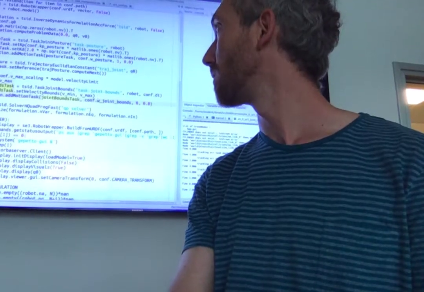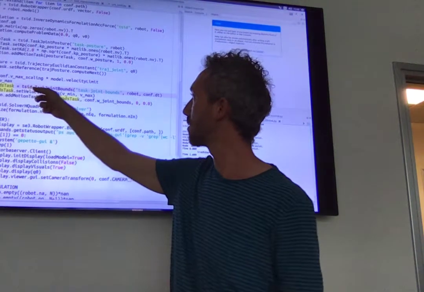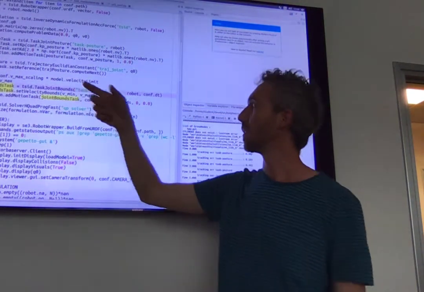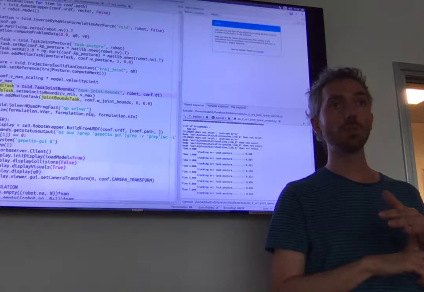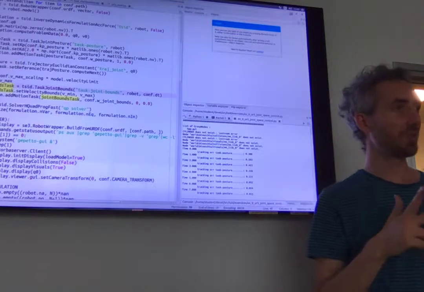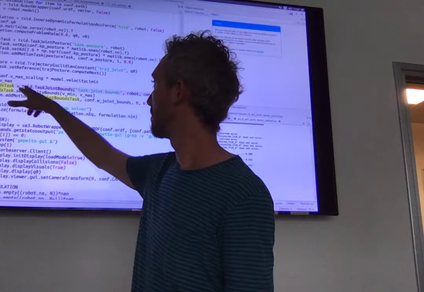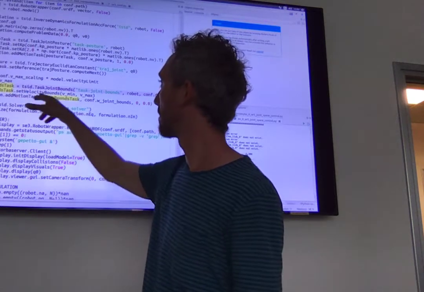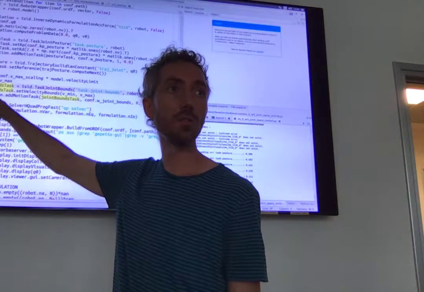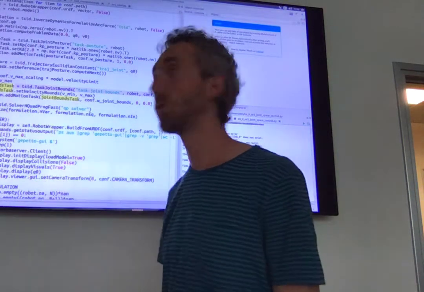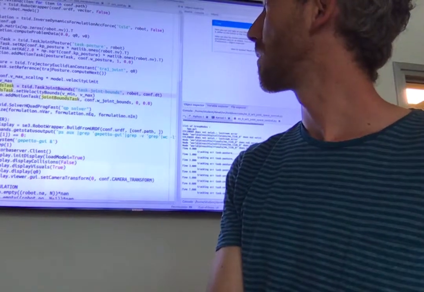If you uncomment them, you can see that they create a task joint bounds, which is basically incorporating joint velocity bounds and acceleration bounds, and one day I will also implement the joint position bounds. They're not there yet. So you create the task, you set the velocity bounds, and you add the task to the formulation so that it's taken into account when creating the optimization problem. And if you do that and you rerun the script,